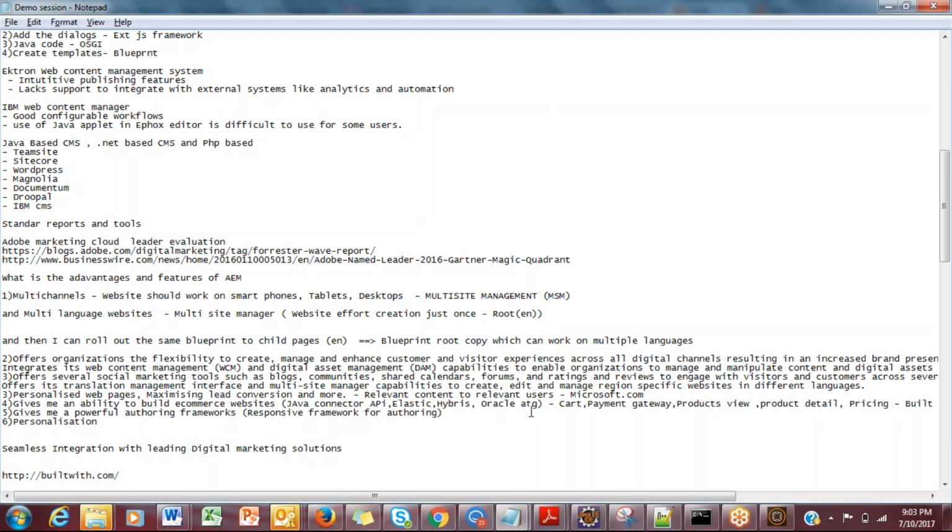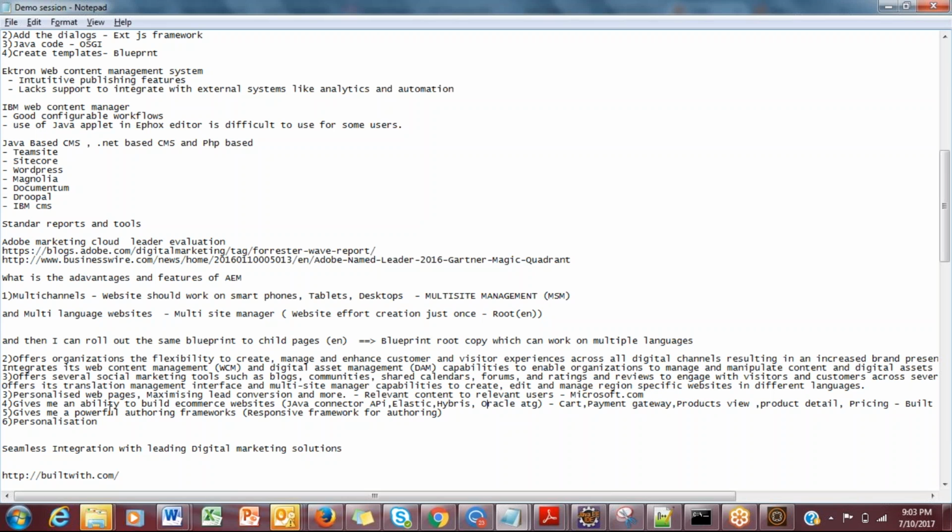So basically, is it possible for me to integrate with this backend e-commerce system? Yes, absolutely. For Hybris and Oracle ATG, you have a built-in connector which is already available, right? Which means the integration becomes very easy. And let's say if you don't have a connector which is already inbuilt, is it possible to build my own connector? Yes, because AEM is a Java-based CMS, you could go ahead and build your own connector, right?